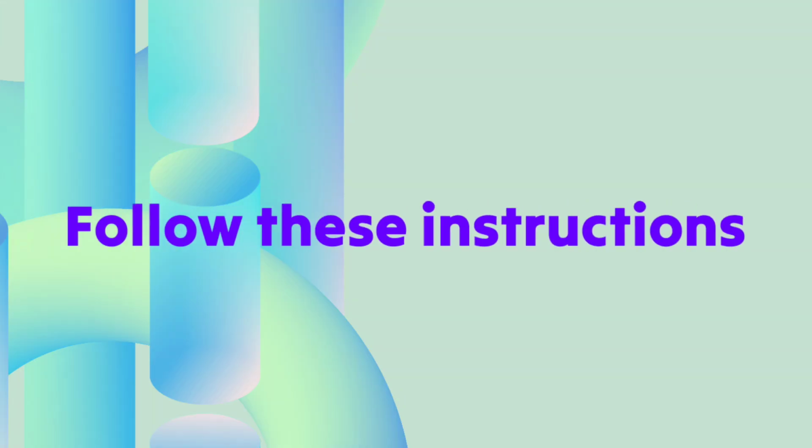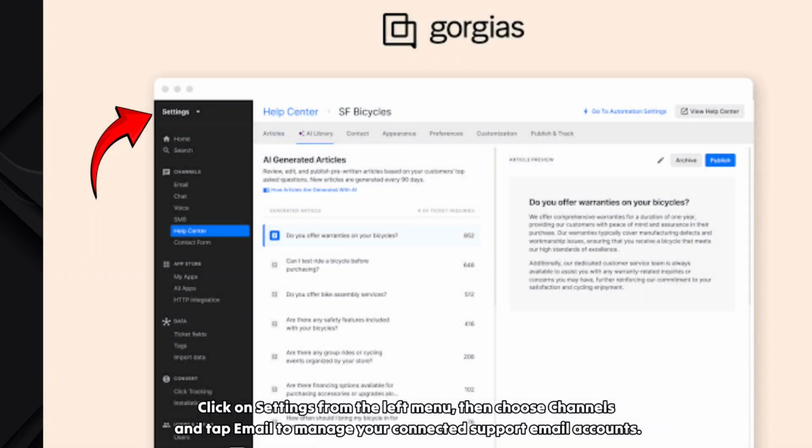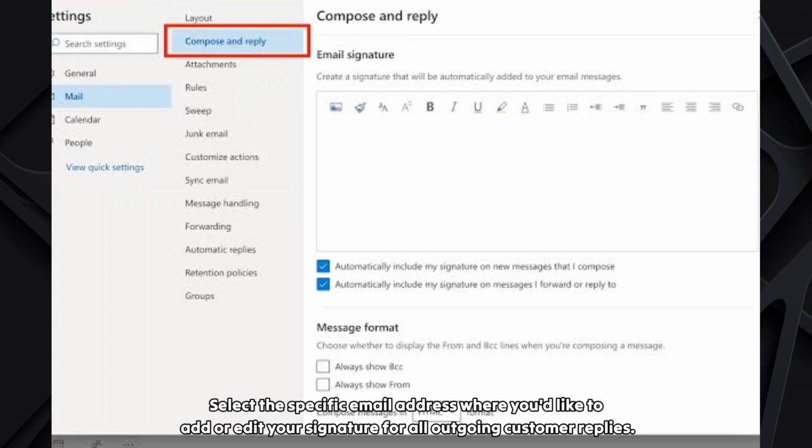Follow these instructions. Sign into your Gorgias account from your browser and access the dashboard to begin editing your professional email signature. Click on Settings from the left menu, then choose Channels and tap Email to manage your connected support email accounts. Select the specific email address where you'd like to add or edit your signature for all outgoing customer